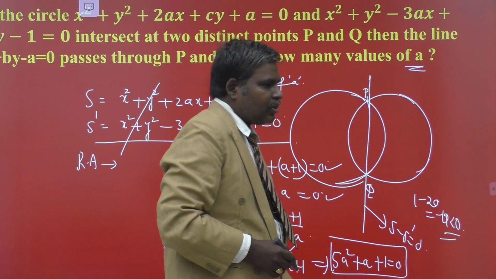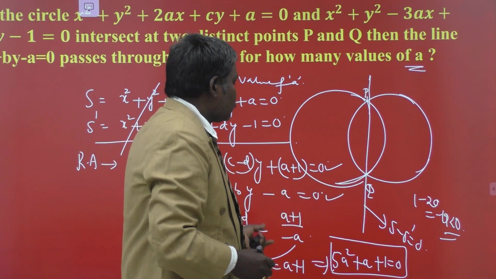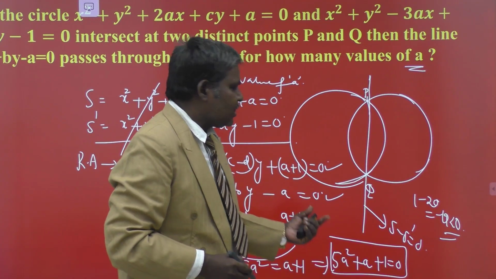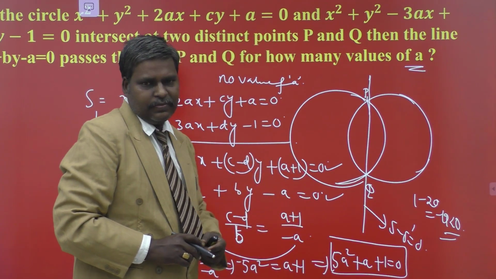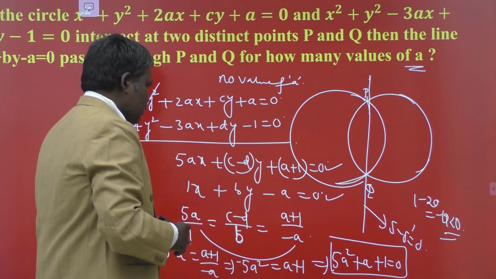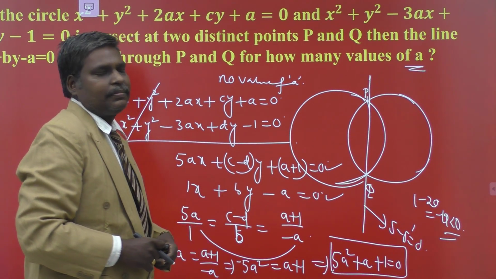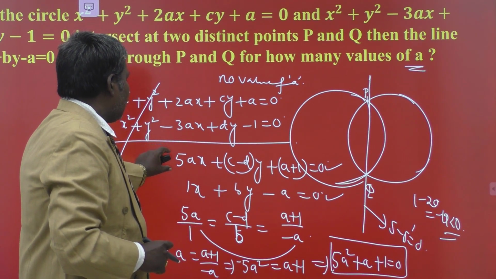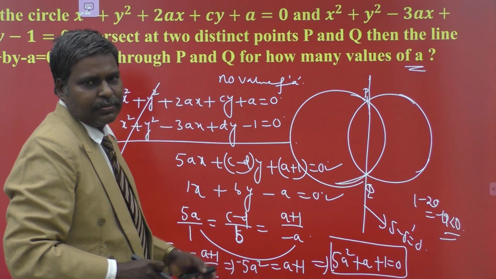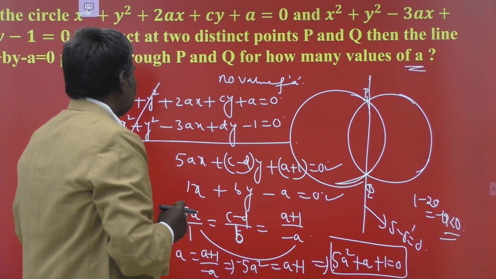Suppose it has two real roots, we say that there exist two values of a. This is valid. Suppose its b squared minus 4ac is 0. Then for a single value of a, it is possible. In this manner, we can choose the values of a such that these two represent the same radical axis. Understand? So we are comparing the obtained radical axis to the given radical axis. Simple question. It was asked in previous JEE questions.